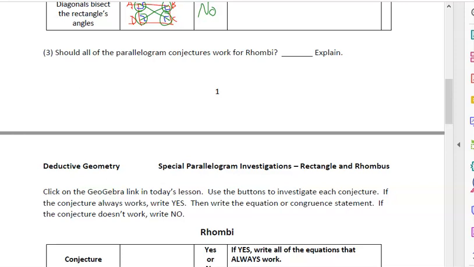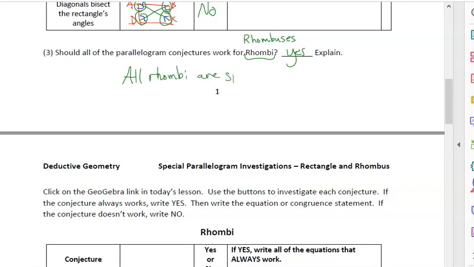All right, so for the third and final table, should all the parallelogram projections work for a rhombus? So this is rhombi, the plural for rhombus. The other word that's becoming popular is rhombuses. I'm used to the word rhombi for the plural of rhombus. The answer to this question again is yes, and for the same reason, all rhombi